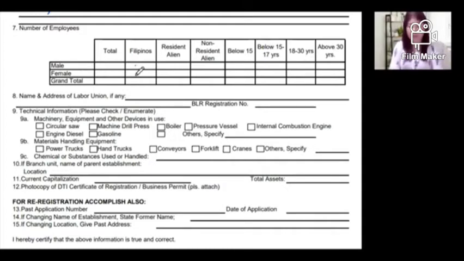Then we have here Filipinos that are female workers. Okay, so mga babaeng Pilipina. Next is we have the resident alien, ilang male resident alien. Then ilan naman workers na female, which are resident alien. Then non-resident alien we have for male here. So you have to write down kung ilan. Dito naman yung female. So if you have the answer to this, you have to add this para makuha natin